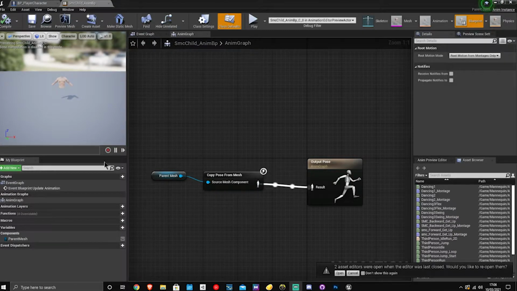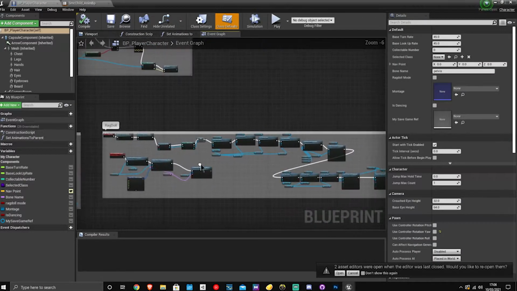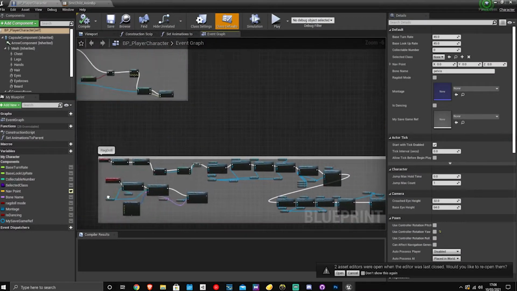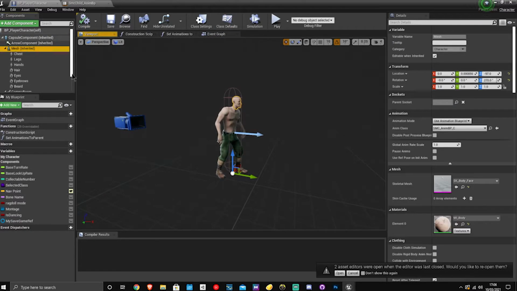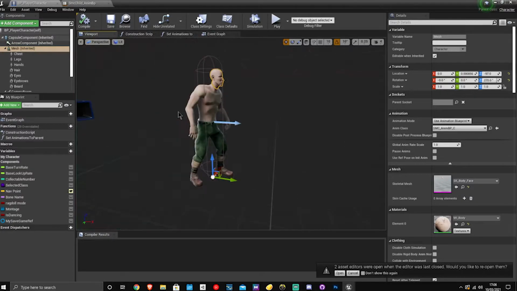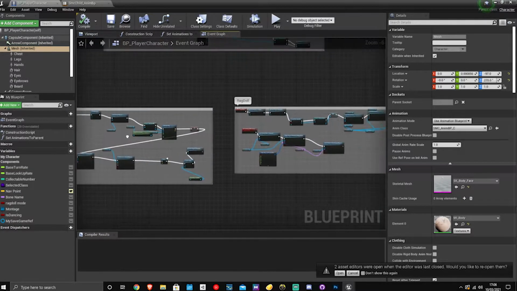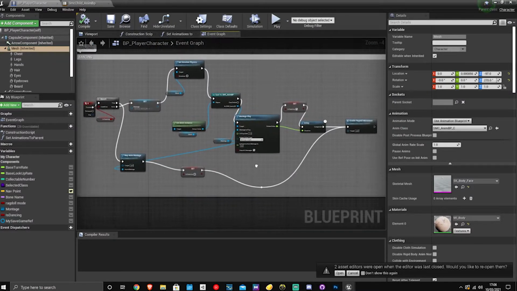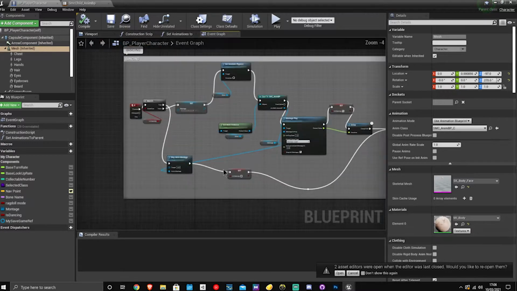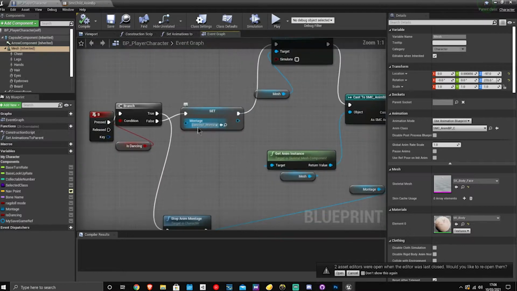Today's video I'm going to be showing you how to fix your animations and why they may not be working. Originally I had just a regular character that was one mesh, but I changed it and made it modular so you can change the chest and stuff. That caused a bunch of errors in my animations and I was really struggling. I watched a bunch of videos. It took me about 3-4 hours to figure this out, but basically what you need to do is